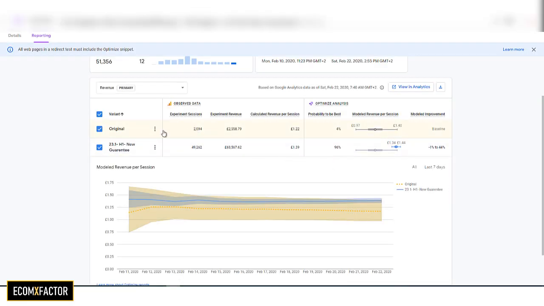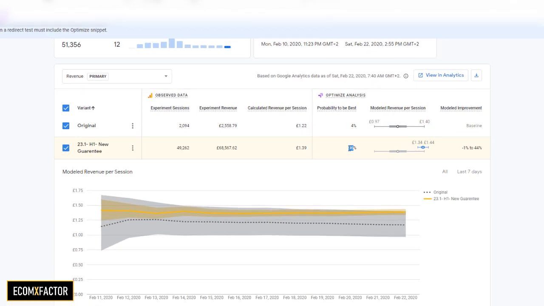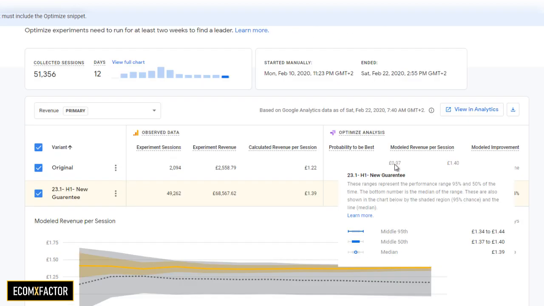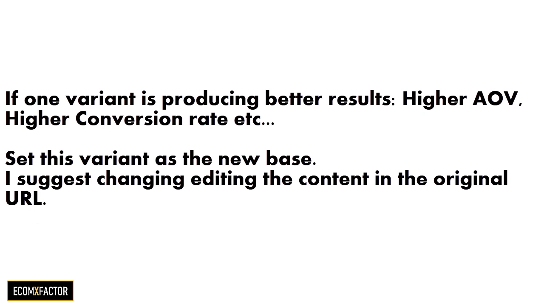And then you can also go back to Google Optimize, and Google Optimize is going to tell you, based on the results, what is the likelihood of one variant being better. And if you see there is a big statistical significance and one variant is better than the other one, you can stop the test and start driving 100% of the traffic only to the page that performed better.